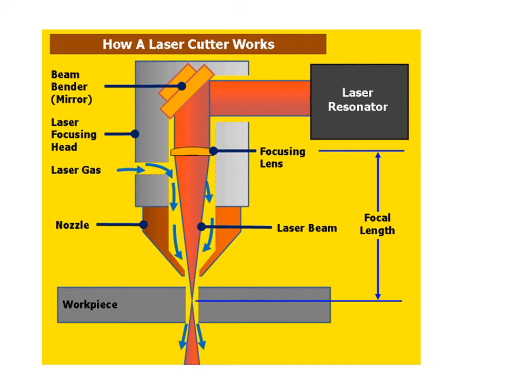So whatever work piece that you have, it will be mounted on a translation stage, and depending on the shape that you want to cut, you will have to focus the beam. You keep the laser stationary, and all the optics like mirror, lens, everything you keep stationary so that the light will be falling at a particular spot. Then depending on the shape that you want to cut, you will have to move the workpiece. So that will help you create the required shape, required type of cutting. So that's how laser is basically used in cutting, drilling and welding.